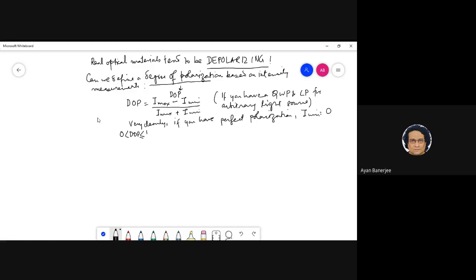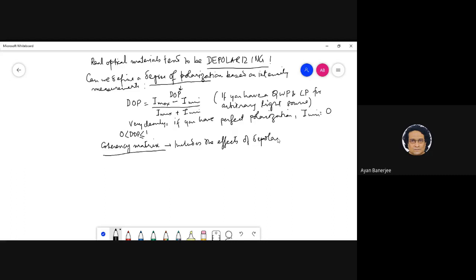So anybody is aware of this? What is this thing called? I think it's the coherency matrix. Very good, exactly, the coherency matrix. So in quantum mechanics, when you do the density of states, when you do mixed states, you essentially go to nothing but expectation values, right? This is exactly what we do here. Obviously we don't do expectation values here, it is time averages. So the coherency matrix is very important, and this is what includes the effects of depolarization.